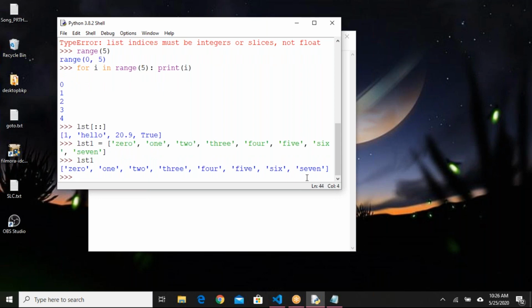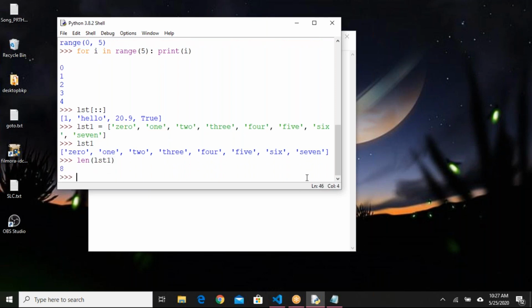Some 8 values I'm taking here. I'm taking string values, and I want to match them with my indexes also to make sure my example is clear. How many elements are there? Len of LST1 will give me the number of elements available. 8 elements are there.